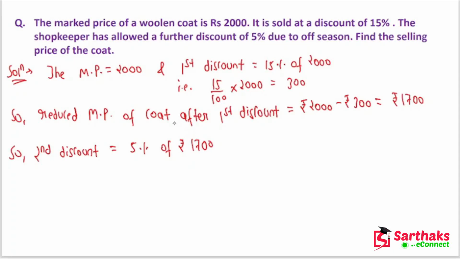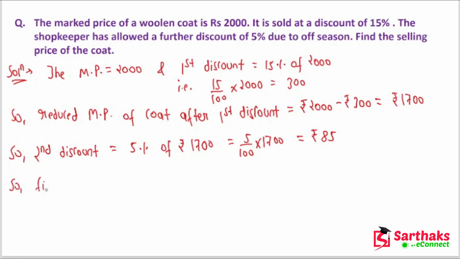Okay, so it is 5% of 1700, that is 5 upon 100 into 1700. Cancelling out the zeros, we will get rupees 85. So rupees 85 is the discount given the second time. Now this discount has been given on 1700 rupees. So the final selling price would be,